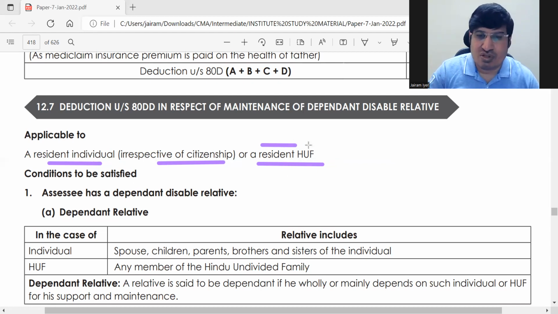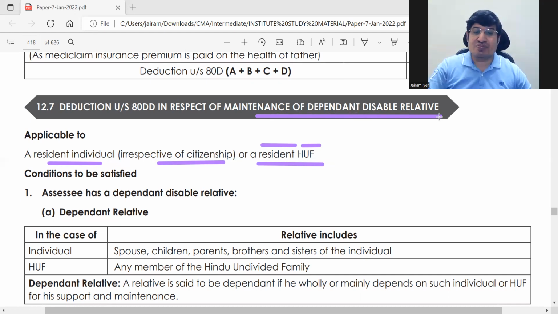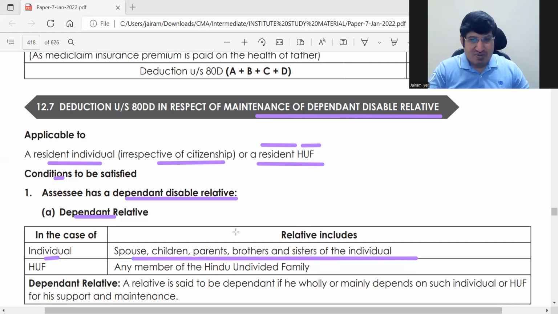Sorry, HUF I had told you this is not for HUF, it is also applicable for HUF, okay, right? So यहाँ पे जो है, this is for maintenance of dependent disabled relative. ठीक है, so we have to know what the disability means, and what dependence means, and what is the meaning of relative, correct? The conditions, he has a dependent disabled relative, ठीक है. What is relative? For individual, spouse, children, parents, brothers and sisters, straightforward, ठीक है, all direct relatives. For HUF it is any member, ठीक है,